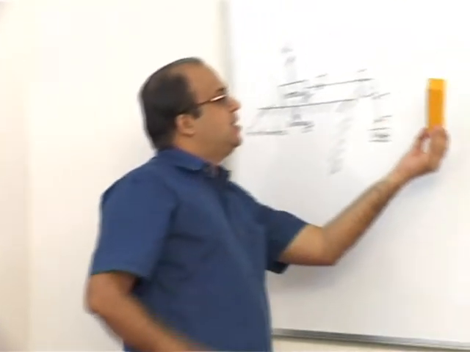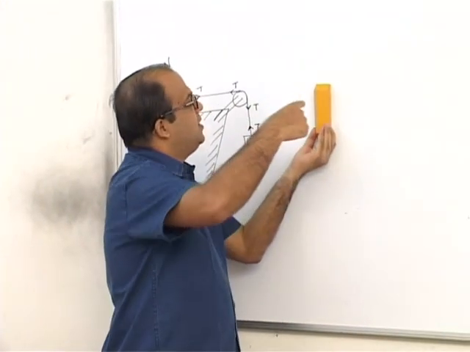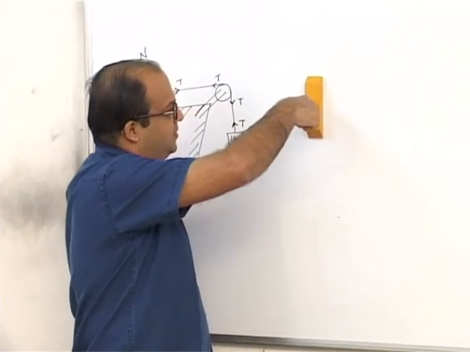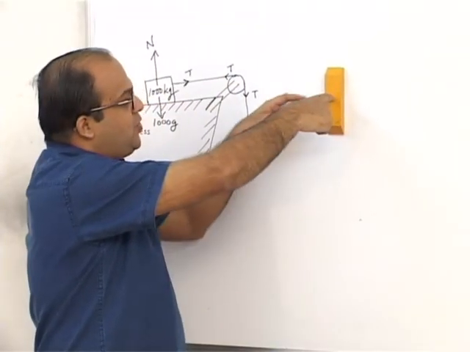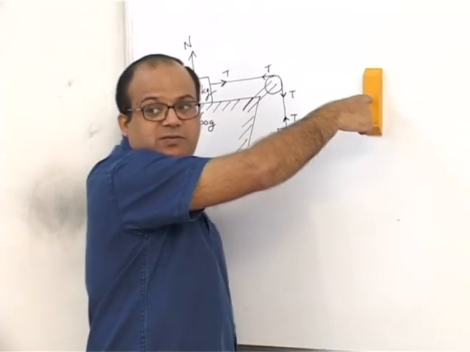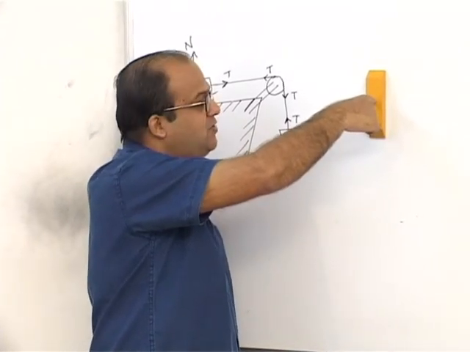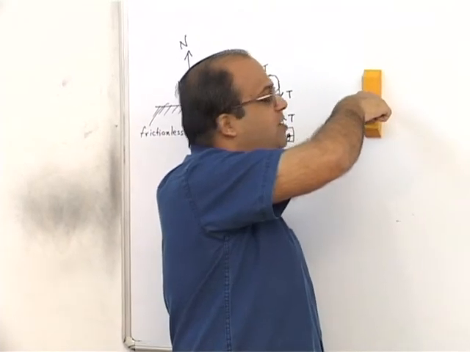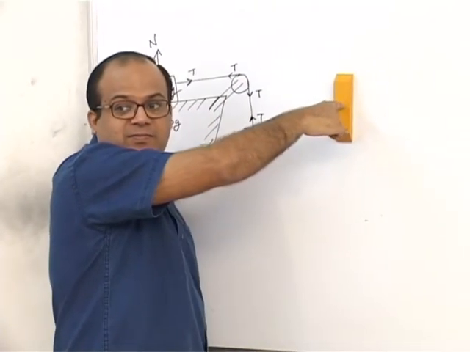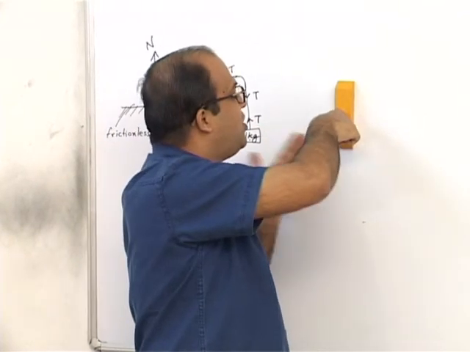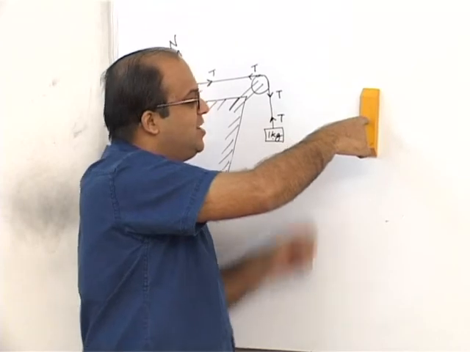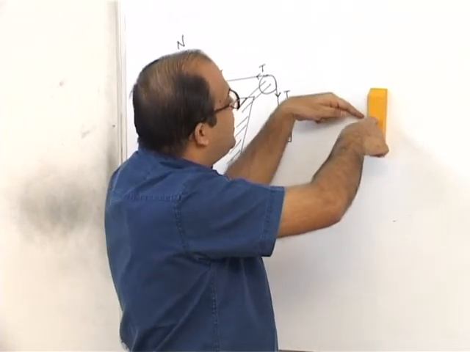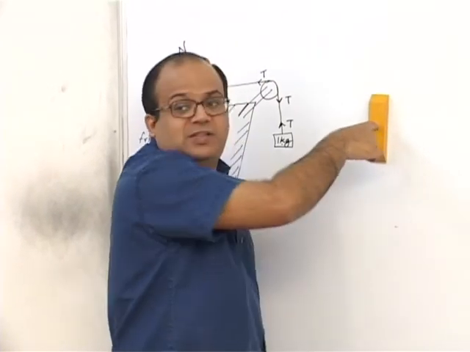Same way, suppose you look at this duster. I apply a force in this direction. Now the duster is remaining in position. So which force is balancing the weight of the duster? Is it my force or normal reaction or something else? No, it is not my force or the normal reaction, because they are perpendicular to the weight of the duster. The weight of the duster is getting balanced by the frictional force between the duster and the board.